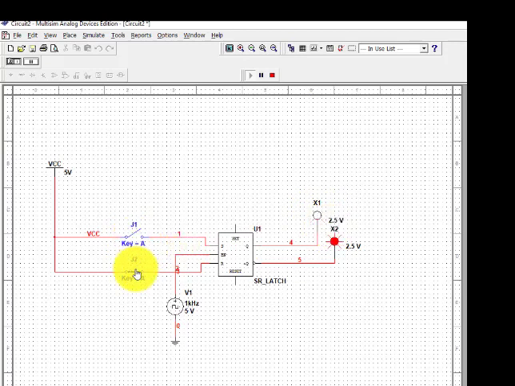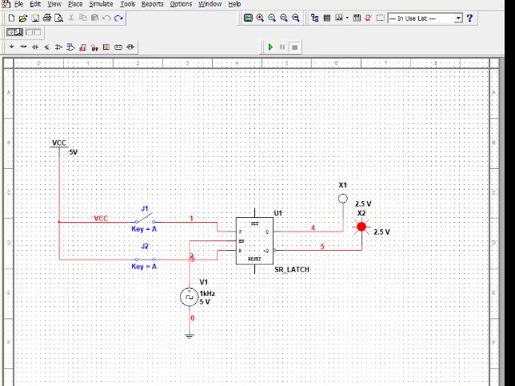Now let us make it 01. For 01 we are getting output as 01. Now I just make the input 00, the outputs are not changing. So what we see is, for 00 the outputs remain in the previous state. So this is how the SR flip-flop works. Now let us see the JK flip-flop.